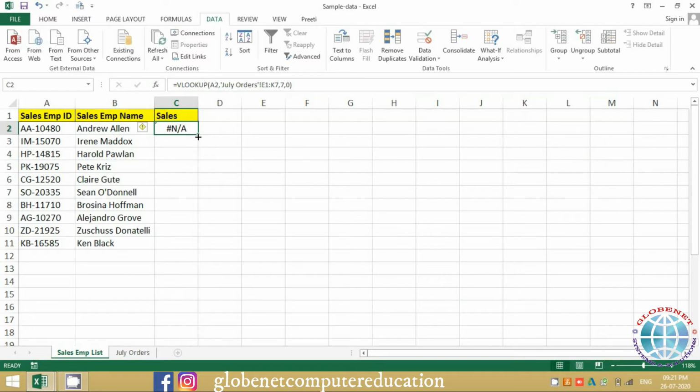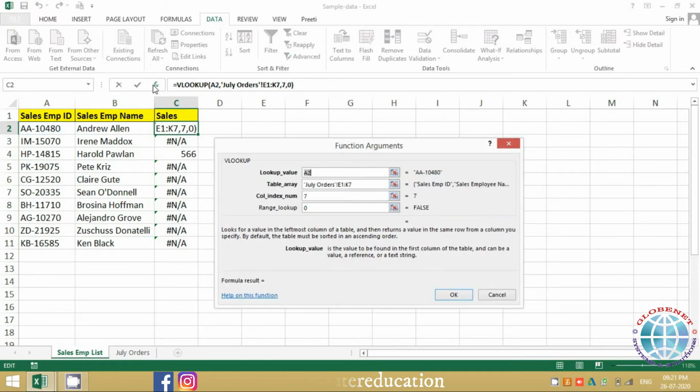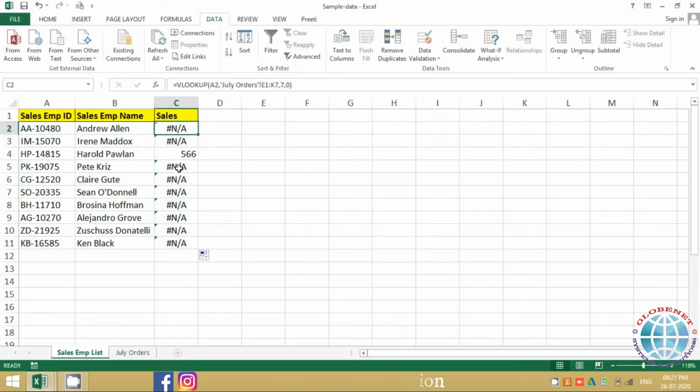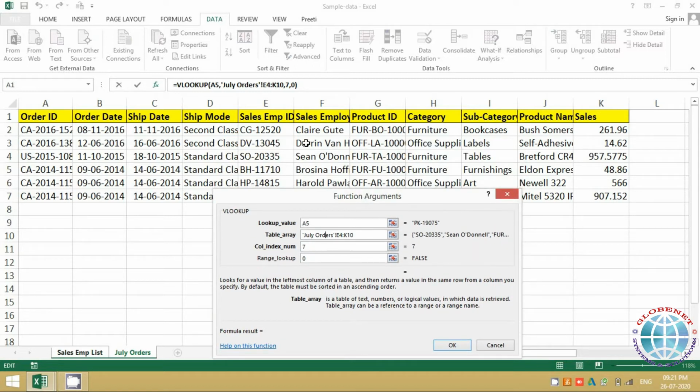So I'm getting a hash in here. Let's see whether my formula is having an error or what. Before we understand how to hide the errors, let's see why we are getting the error. The best way to identify is, don't go to your first cell, go to some value which is below and then see why there would be an error. Now if you notice, it says E4 to K10, which means the selection has moved to E4. And why has it moved?